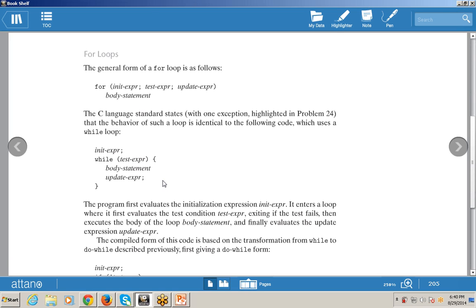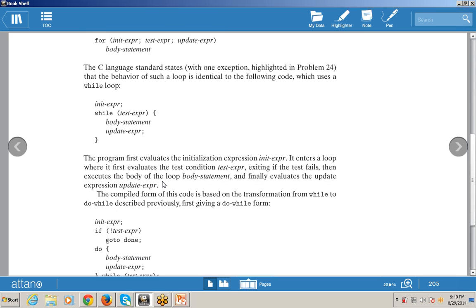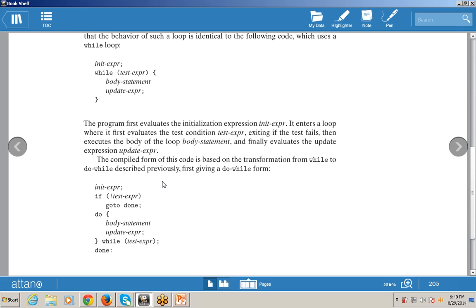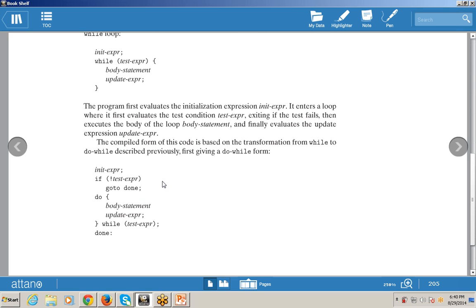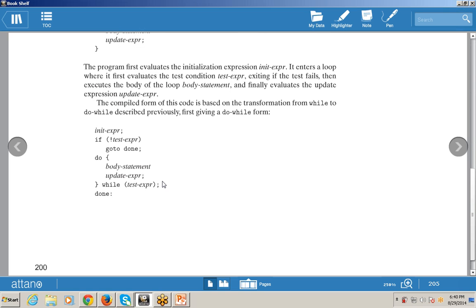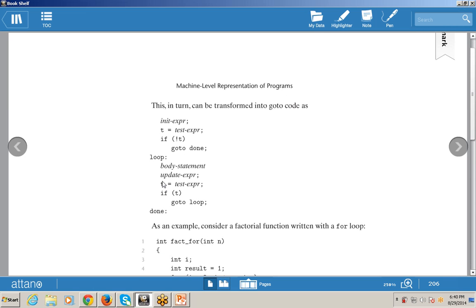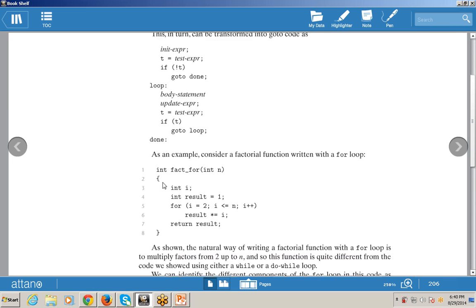For example, n equals n minus 1, the condition is n is greater than or equal to 1, and the initialization example is result equals 1. These are the multiple examples.